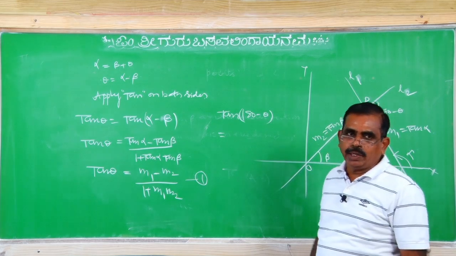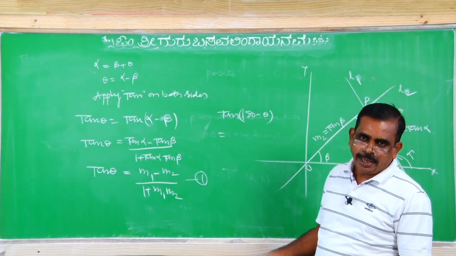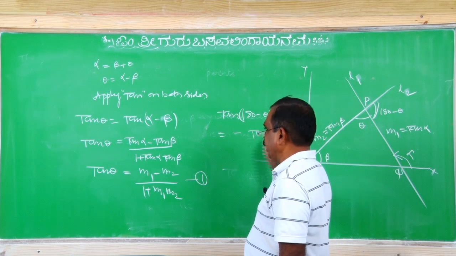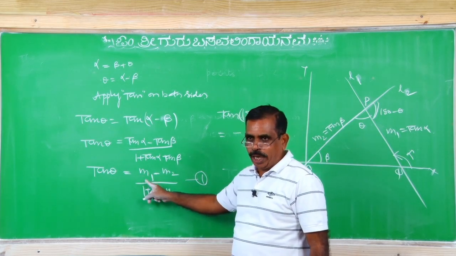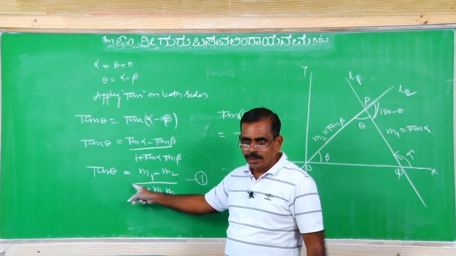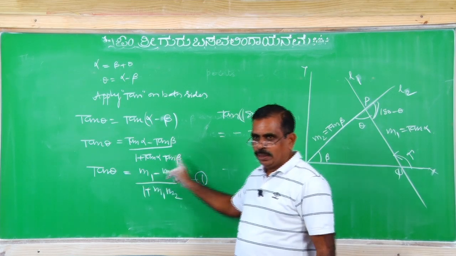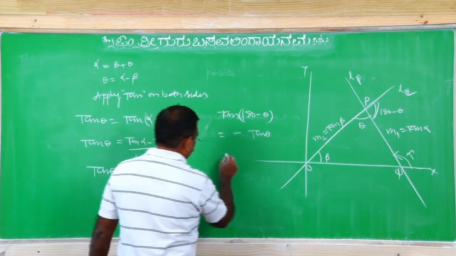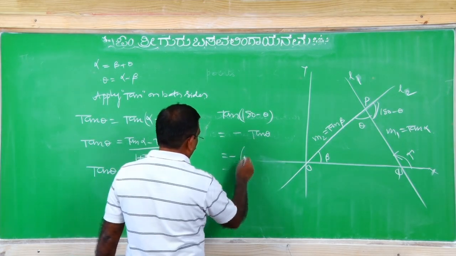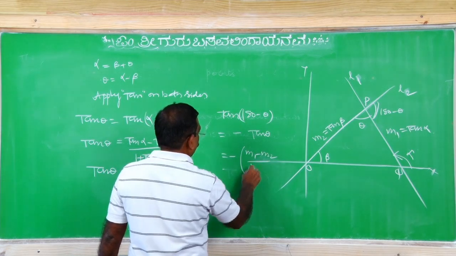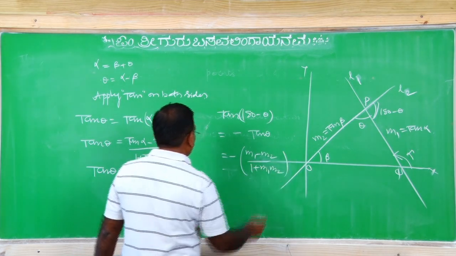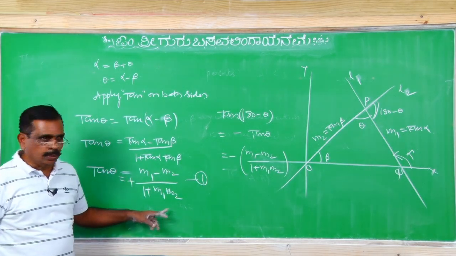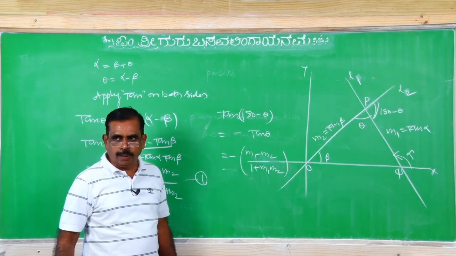In second quadrant, tan negative or positive? Tell me. Negative. Therefore, what do you get? Minus tan theta. Tan theta value is this. This is positive. Here minus tan theta means here negative. This is plus. This is minus. Therefore, what you write? Tan theta is equal to, I am writing minus of m1 minus m2 by 1 plus m1 m2. This is what? Tan theta is equal to plus m1 minus m2 by 1 plus m1 m2. This is minus m1 minus m2 by 1 plus m1 m2.